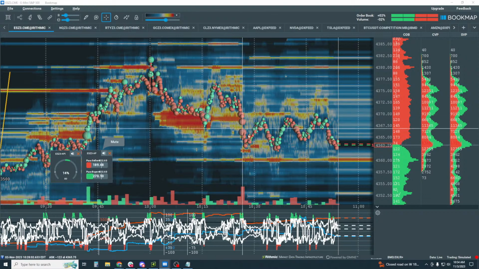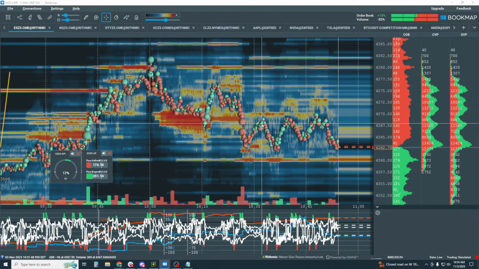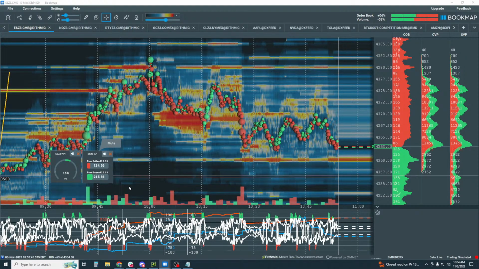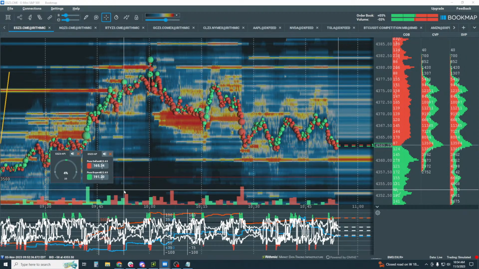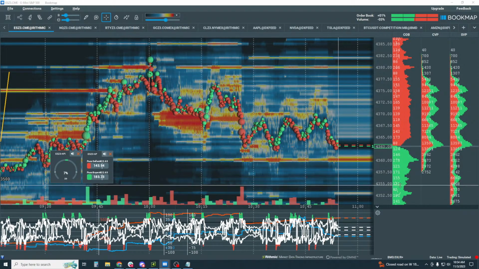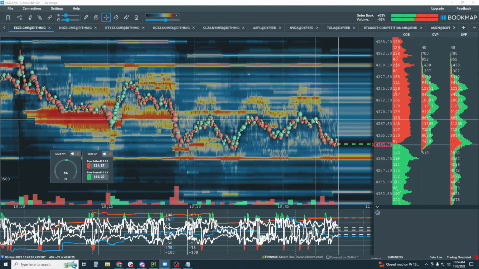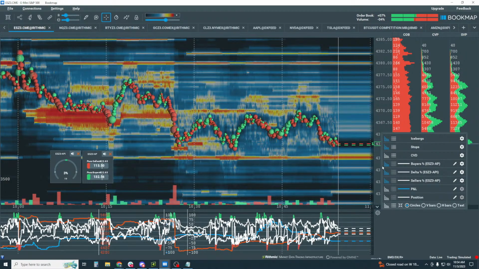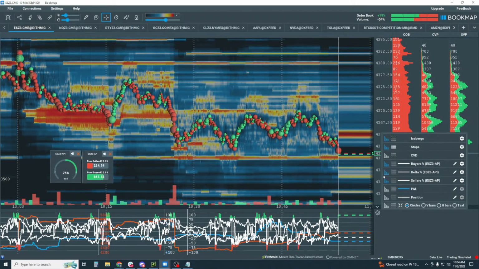But the parent is the absorption indicator first, and then the child is the Market Pulse indicator. Okay, so anyway, now what we're going to look for is where we get outputs here. Using this in the subchart is excellent. So first we'll look at the